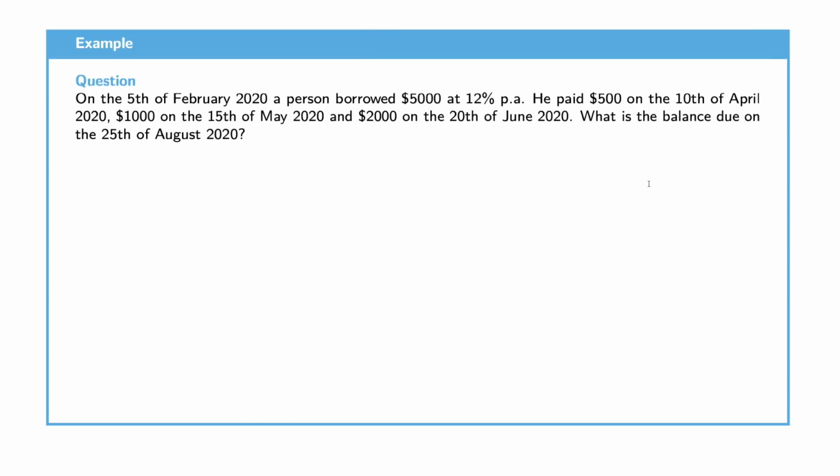Let's take a look at a final example here. And this final example is actually going to deal with dates. So on the 5th of February 2020, a person borrowed $5,000 at 12%. He paid $500 on the 10th of April, $1,000 on the 15th of May, and $2,000 on the 20th of June 2020. What is the balance due on the 25th of August